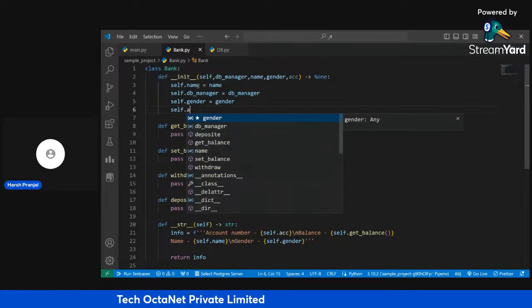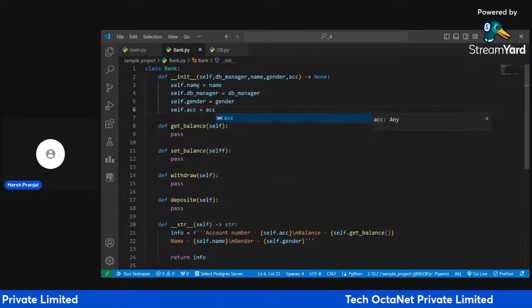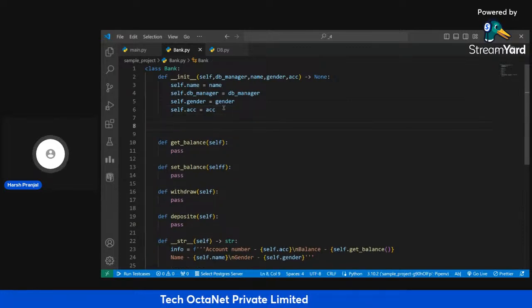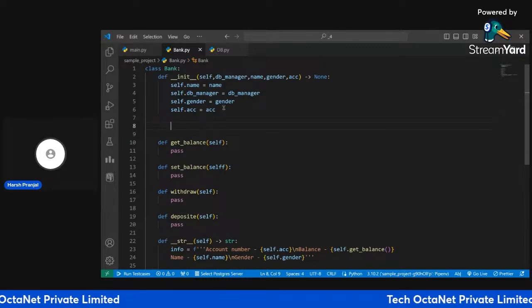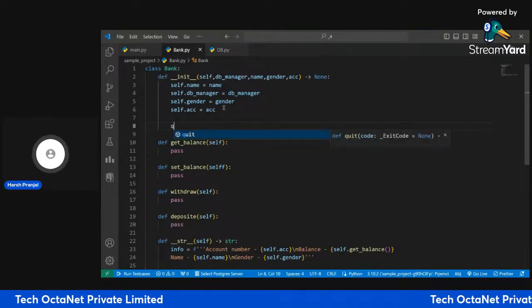Now, after this, we want to execute a SQL query inside our database to create this new upcoming user. We want to create that account there. So how to pass these things? So our query will be